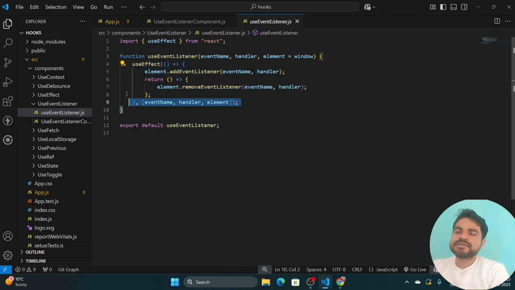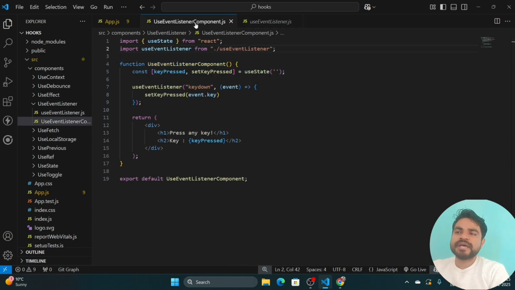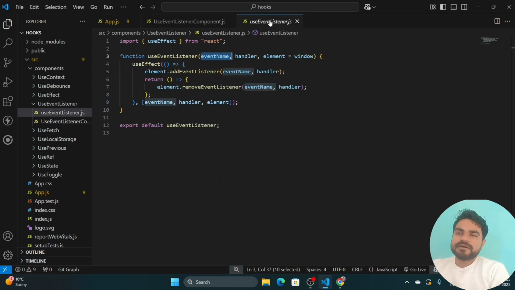Inside this we first create a function which takes some values: first the event name, and as we pass key down here, it will be the event name. Second is the handler, and third is the element, which by default is window, the full screen of the currently open tab or website. The handler tells us how to handle the events we get from the keys.